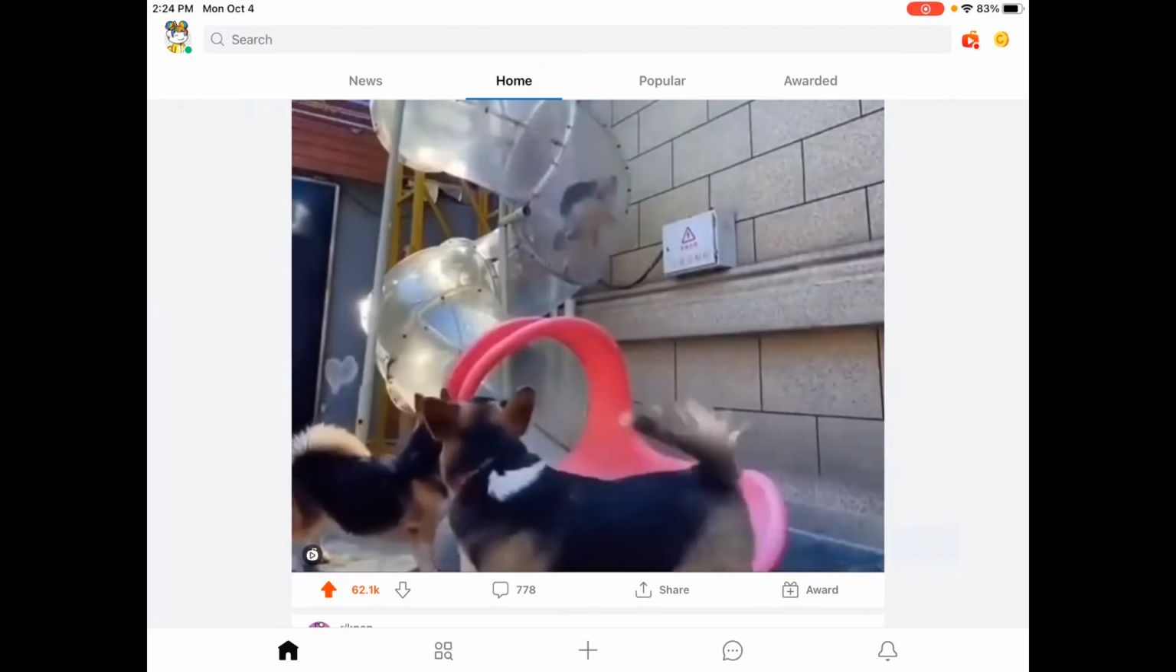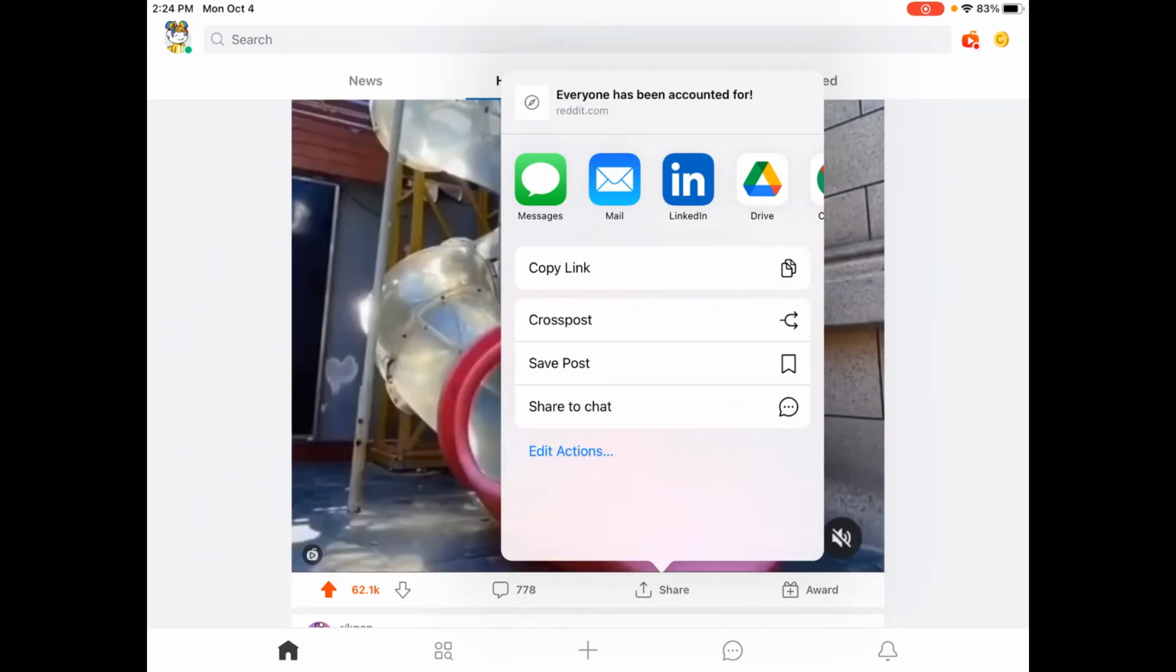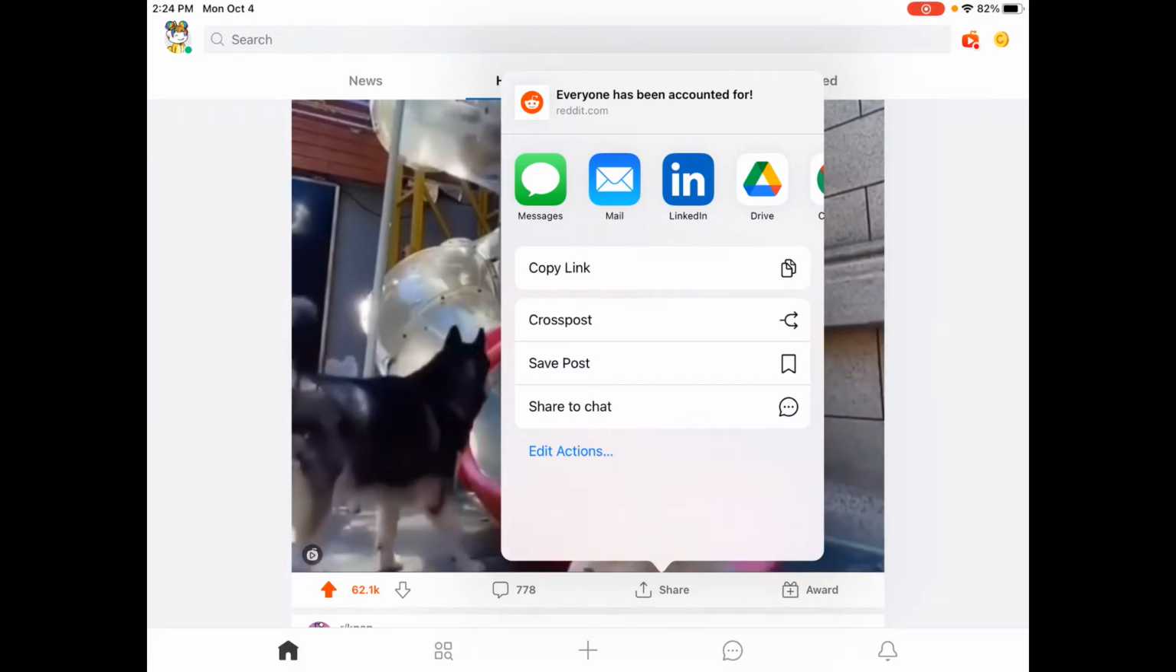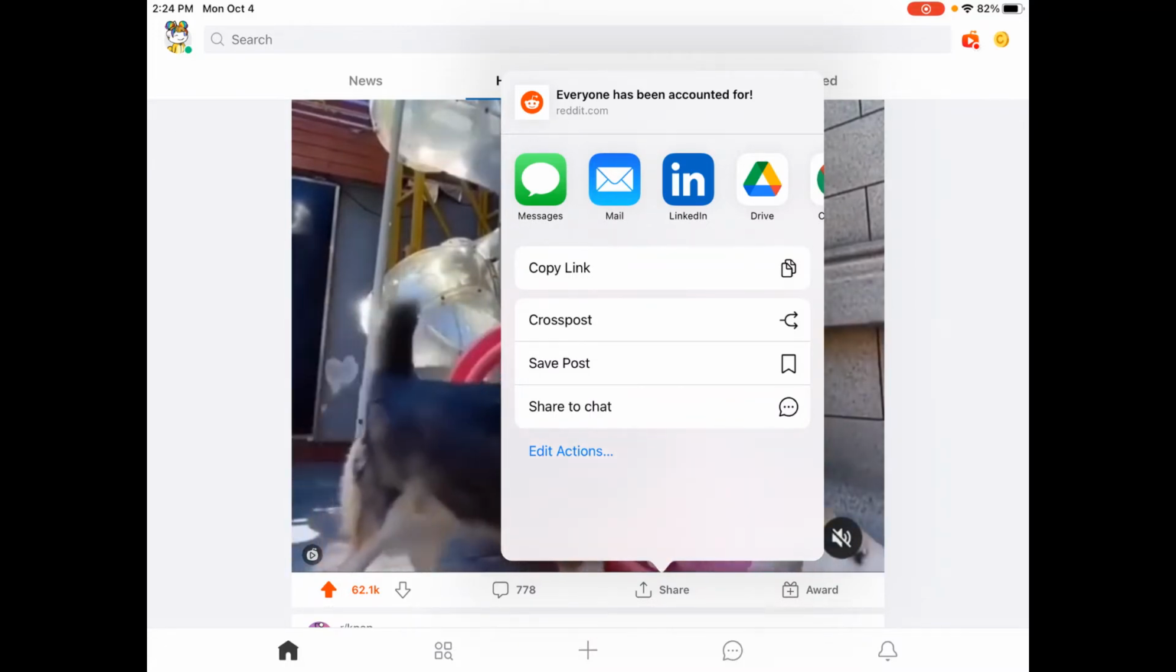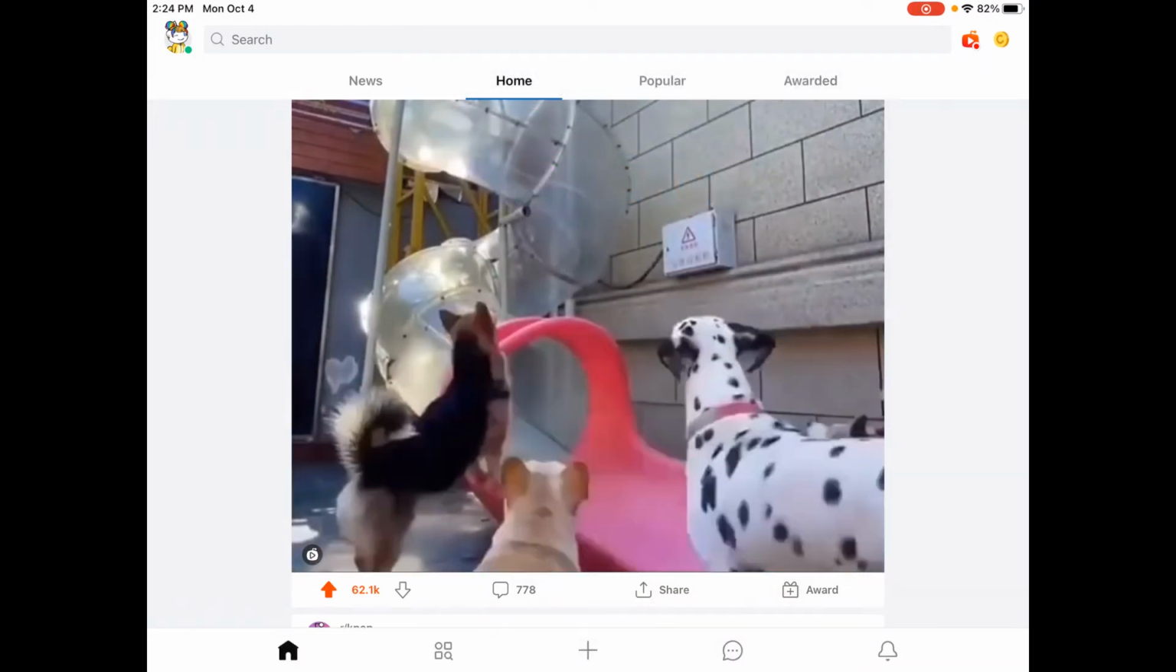And then you can tap share, which will bring up this thing. So I can share it in a variety of different apps. I can also copy the link so I can share it somewhere else. I can cross post. I can save the post. I can share to the chat, and there's a few other actions I can do, like sharing into other specific apps. Right now it only gives you some. I can pick some of the other actions that it can do, and then I can actually give it an